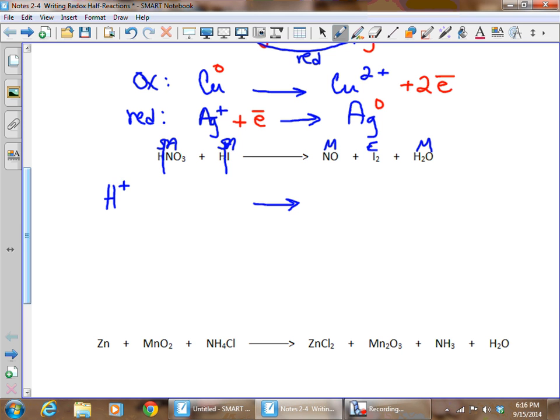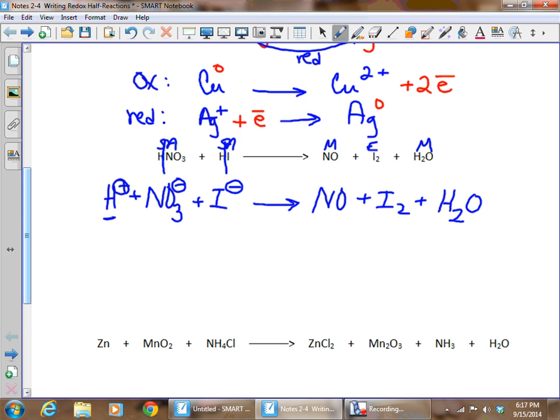We've got the hydrogen ions coming off, nitrate coming off as an ion. Now I could write down the hydrogen ion from HI again, but since I've already got it over here, I'm not going to write it again. I'm just going to write down the iodine portion. There's no need to write it twice. It's just redundant. So over here, nothing is going to ionize, so I'm going to leave those as they are, just carry them